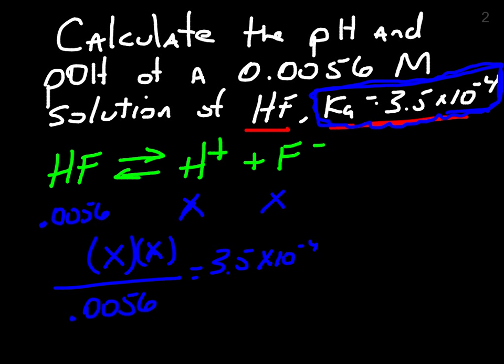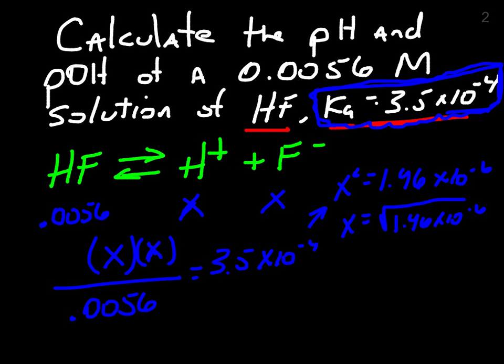So X squared then is going to equal 1.96 times 10 to the minus 6th. Right, so X then is going to be equal to the square root of that, 1.96 times 10 to the minus 6th. So I'll take the square root of that, and I find that X becomes equal to